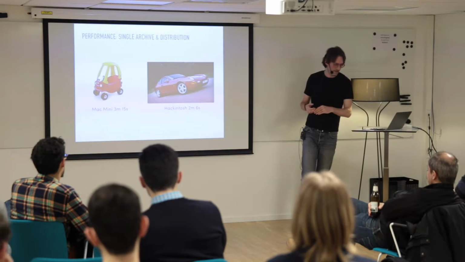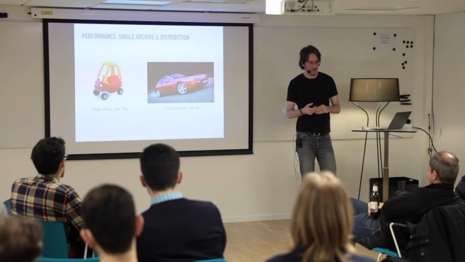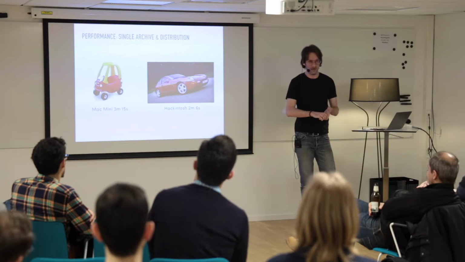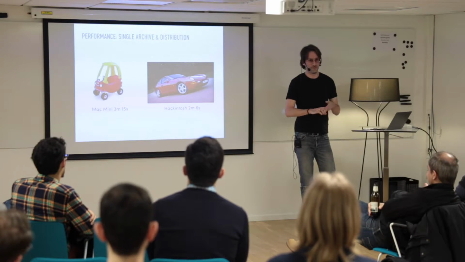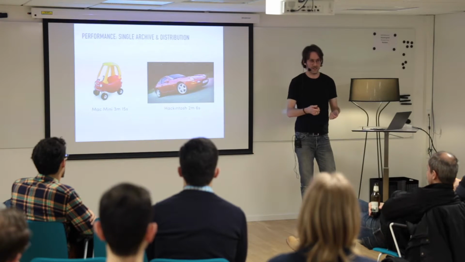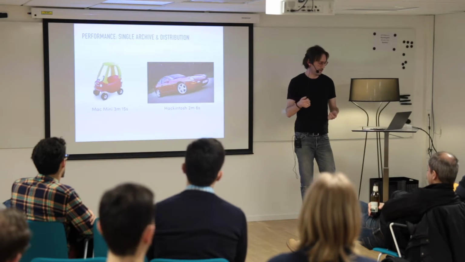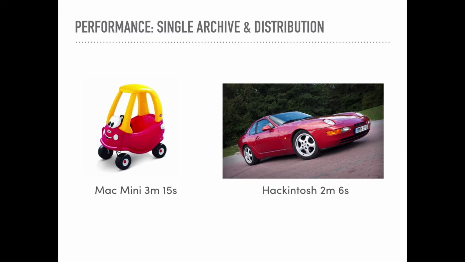So we have a Mac Mini doing a single job, which is just running through a C++, Objective-C, and a little bit of Swift shared application build, and I archive it, and then I send it up to a test distribution service. On the Mac Mini, it took about 3 minutes and 15 seconds. On the Hackintosh, it was about 33% faster. So that's a nice increase in performance, and this is just doing one single thing.